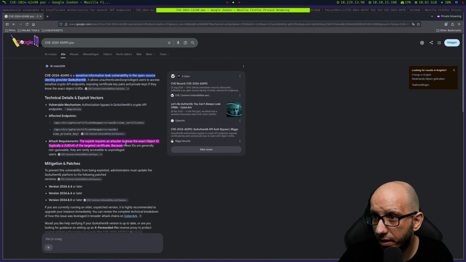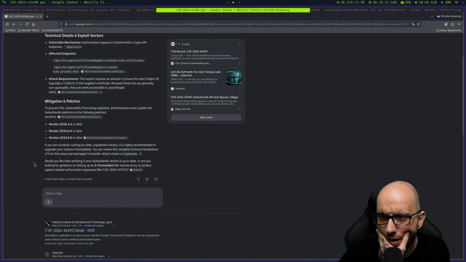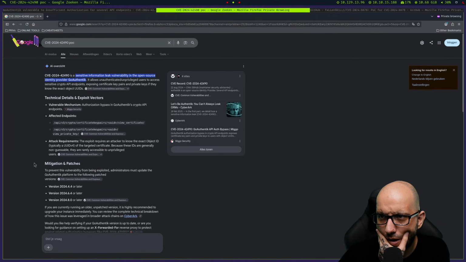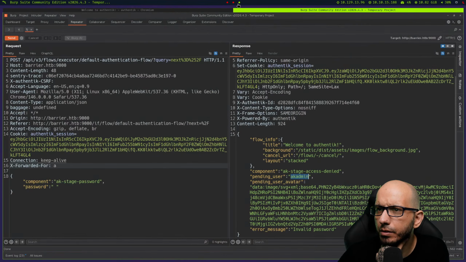Okay, the exploit requires an attacker to know that exact object ID, typically UUID v4, of the targeted certificate. Because these IDs are generally non-guessable, they are rarely accessible to unprivileged users. Okay. Crypto certificate, okay. And again, it looks